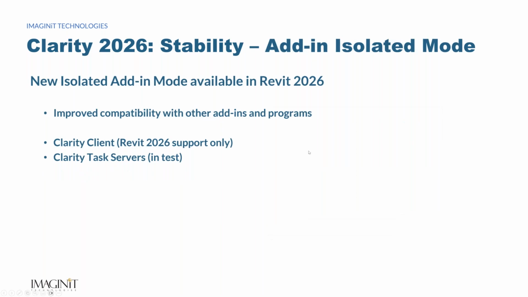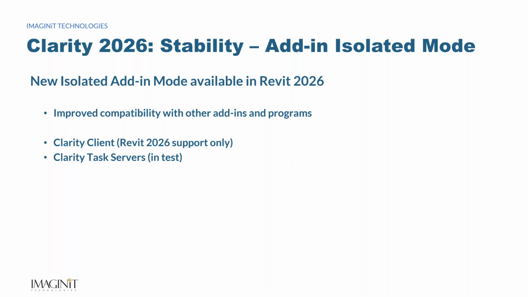We've adopted this new isolated add-in mode available in Revit 2026. We've worked really hard in Clarity Client and in the task servers to try to bundle and encapsulate our dependencies and needs so that we do not bombard and come into conflict with other add-ins or even Autodesk. I mean, they also use a lot of the same sort of common files, and sometimes there are conflicts in that area. So we've worked really hard to do that, and now they've added this extra layer in the latest Revit